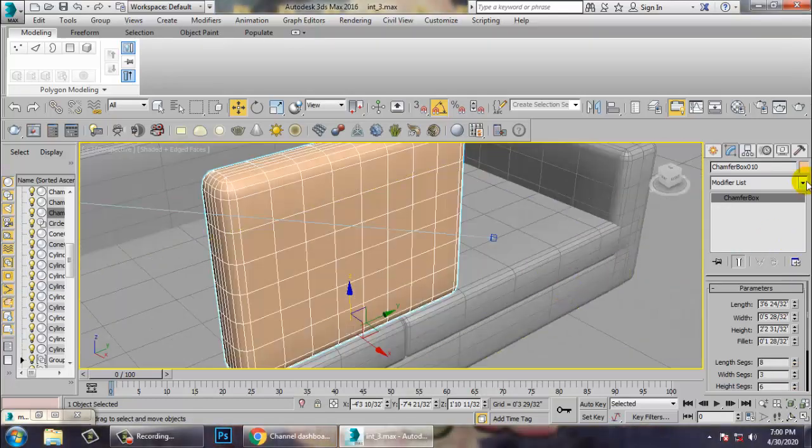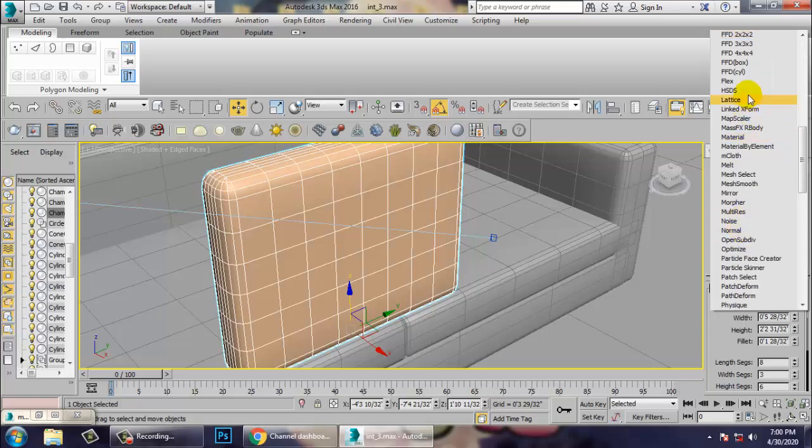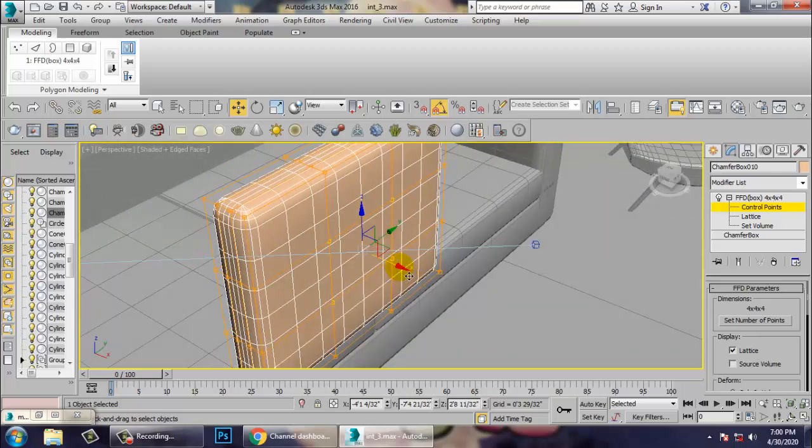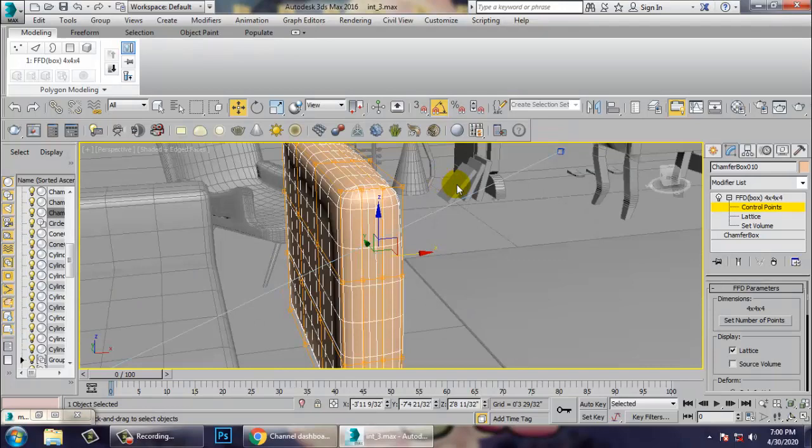Let's go into this and give an FFD box control points. Select this, just push this out.